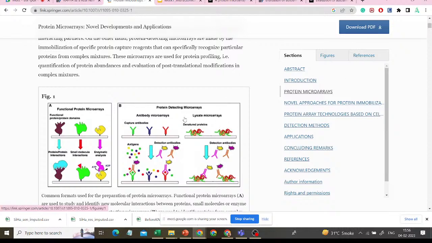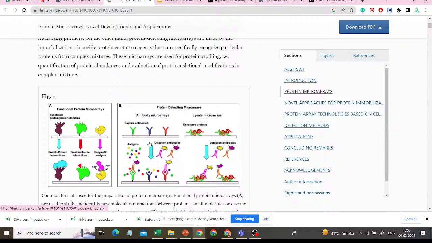So how are the antibodies detected? All the proteins are printed on the slide, and if your serum sample contains antibody for any particular protein, then it will bind to it. So that is the major thing. So that is your protein detecting microarrays, your lysate microarrays, antibody microarrays, so detection of antigens, detection of antibodies, all